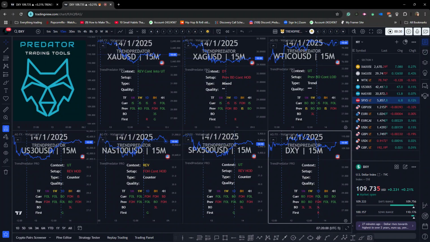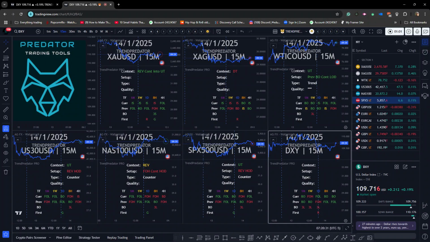I prefer to wait for the data to come out. We've got PPI at 8:30 New York, and then we'll have the usual Wall Street open at 9:30, and once the dust has settled, that's when I approach the market looking for a setup according to the rules and the methodology for how I approach the market,